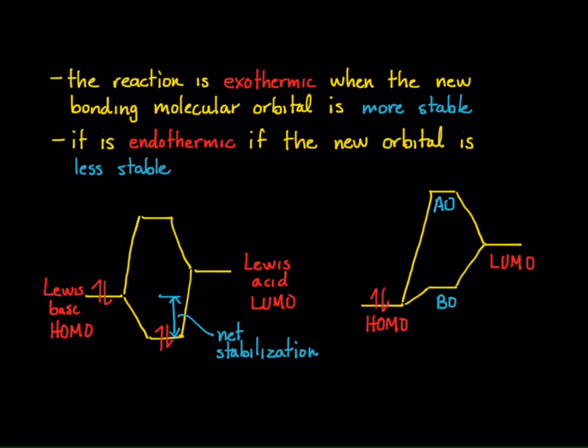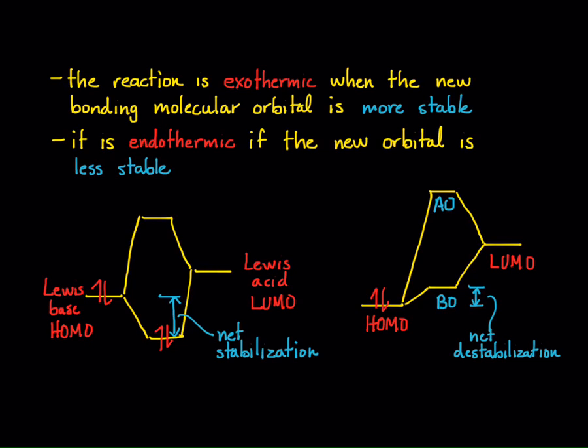It's kind of strange looking, right? But these certainly do happen, and it simply means that you have to add energy to the system in order for that reaction to even occur. So there's a net destabilization that happens. Do these happen often? Not very often, but they can happen if we supply enough heat to the system. So if we increase the temperature, we can get reactions like this to occur